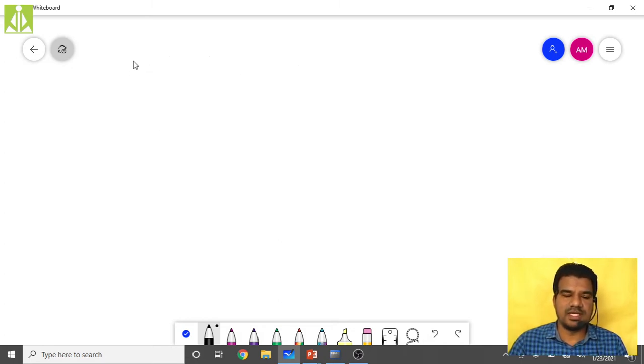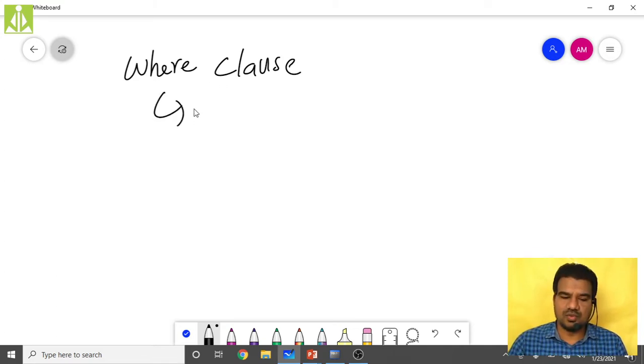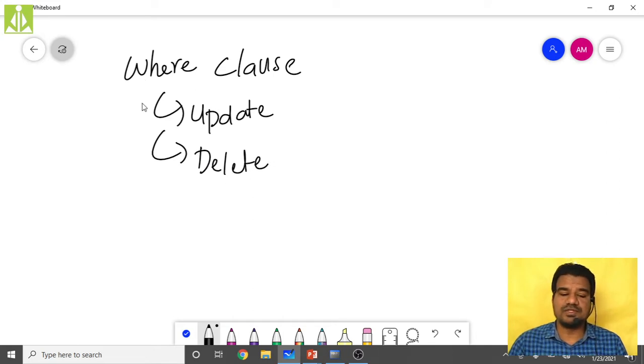So we'll be discussing the where clause, which is associated with two commands, update as well as delete. We also see the importance of the where clause in the select command.